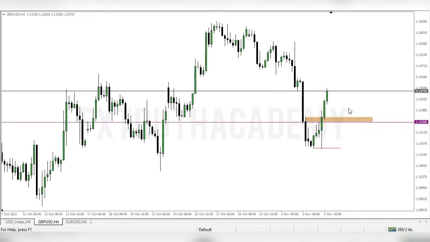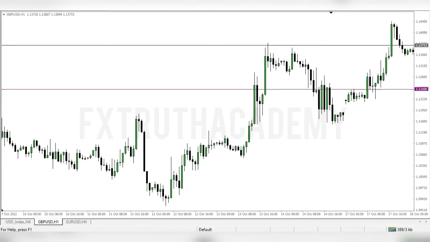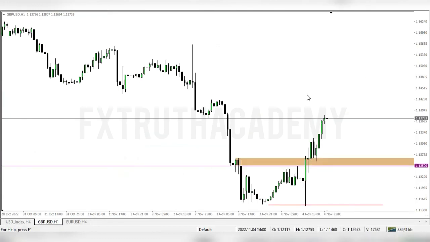I'll post it on my community post in case you want to better see it based on screenshots. This is the way I'm anticipating it going forward into next week. If I use the 1 hour, you can see the order block really stands out here. So I want to see price drop into this area and expand to the upside. There are a lot of blends I did to be able to arrive at all this, but this is all I can share for now.